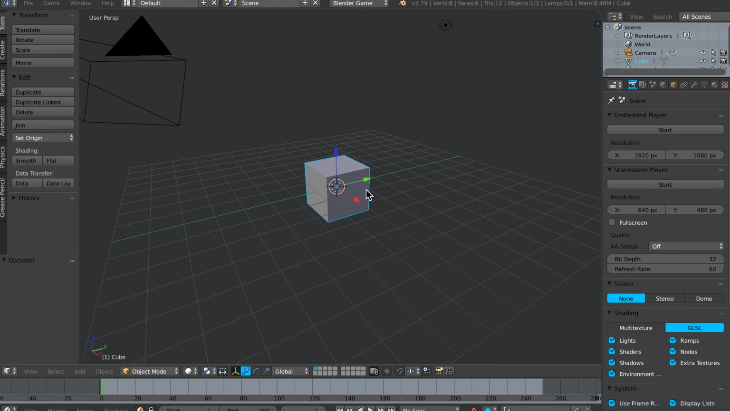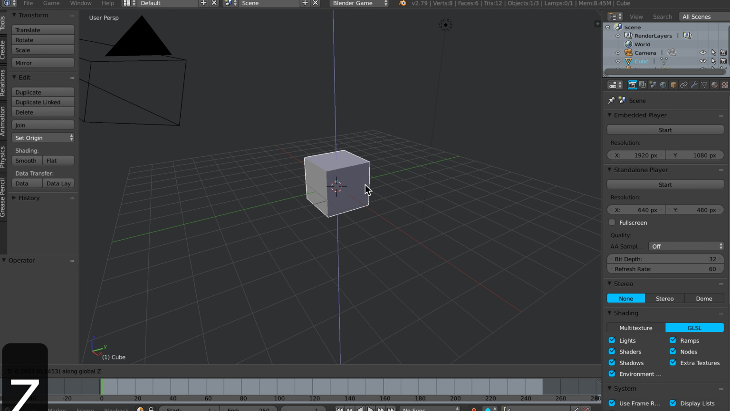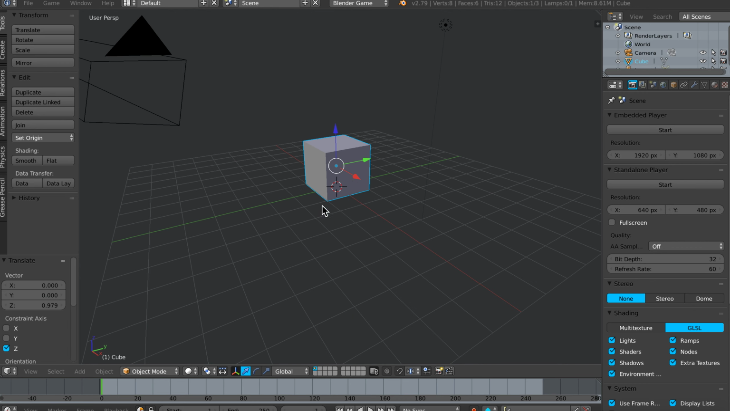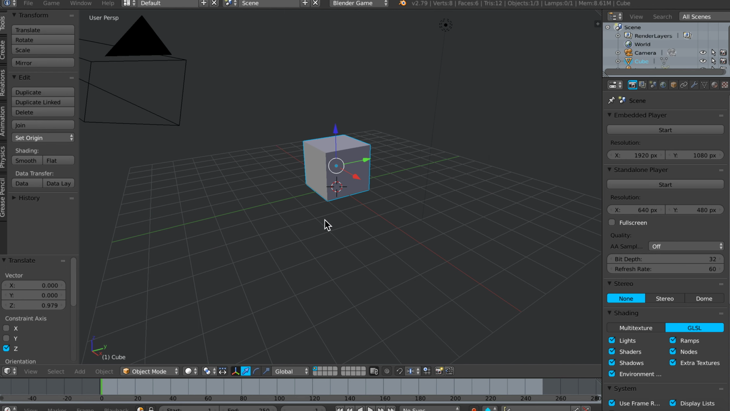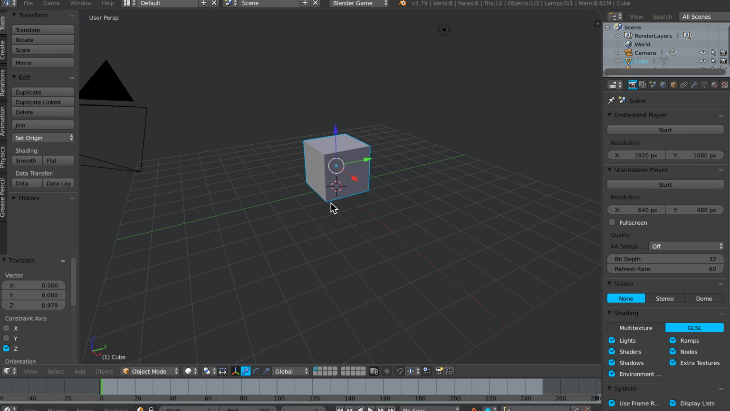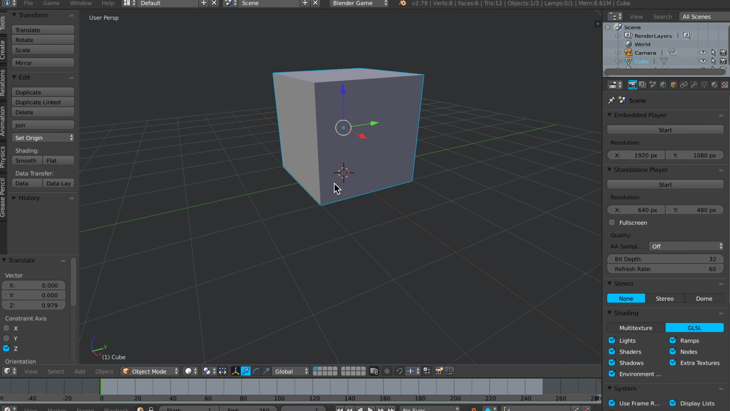I'm going to start off by pressing G for grab and then Z to move it up on the Z axis. And I'm going to have it sit right there so it looks like it's on the grid. Let me just go ahead and move my keys. Okay, there we go. So I'm going to zoom in,